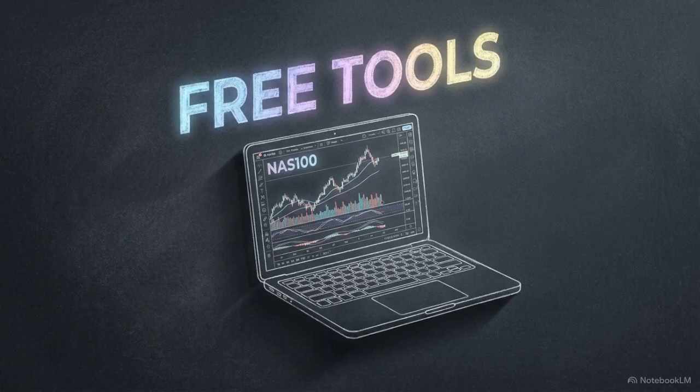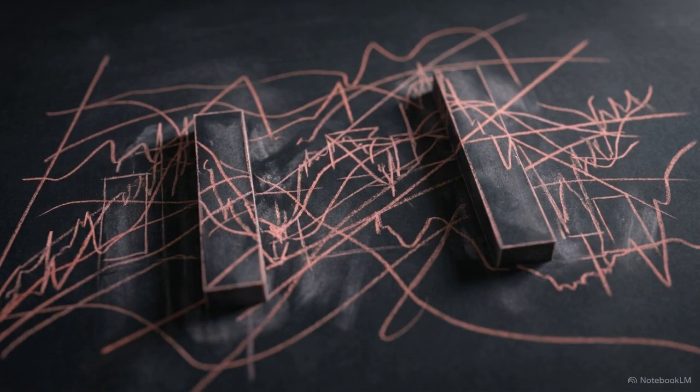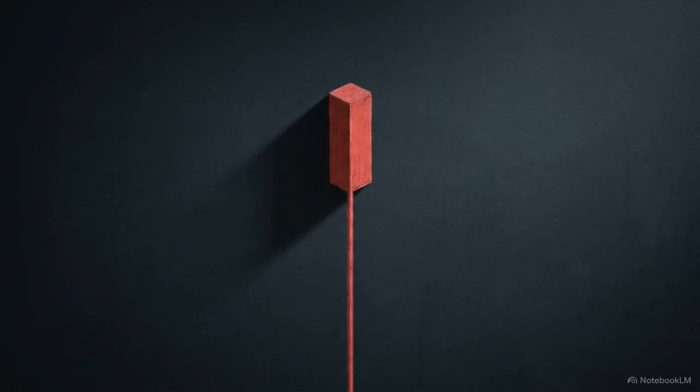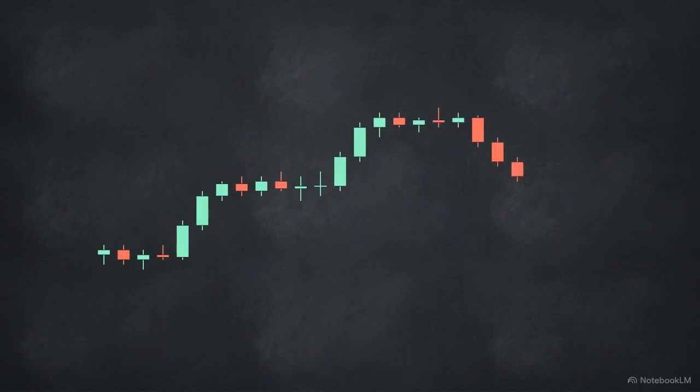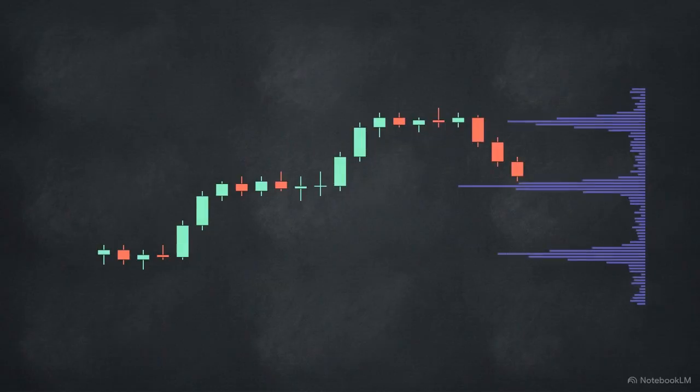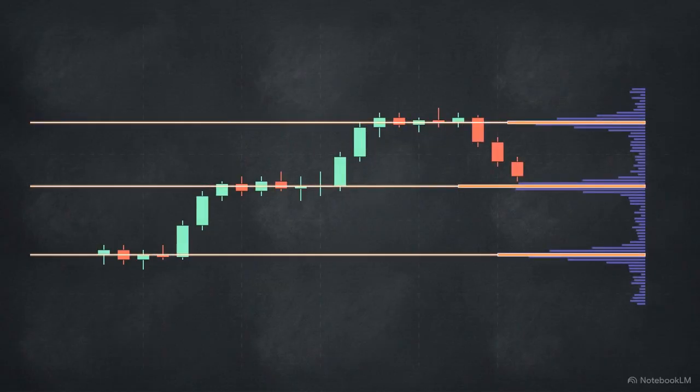You don't need expensive software for this. A basic TradingView account and a standard NAS100 chart are the only tools required. Without this spatial awareness, it is difficult to see where institutional money is resting. You are forced to guess at support and resistance based on candle wicks alone. Mastering this map allows you to identify specific price levels where large orders were previously filled, providing a clear structure